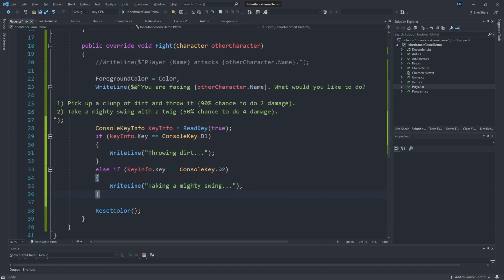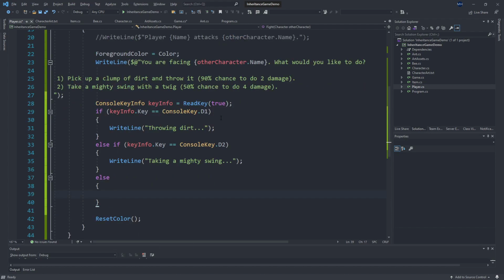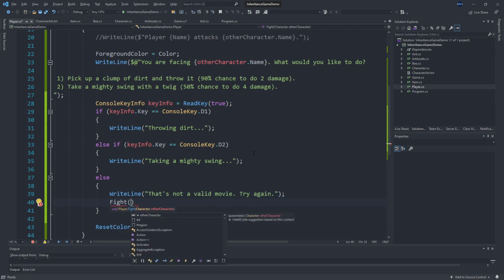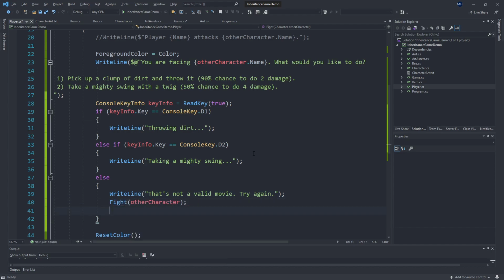Again, just placeholder. We'll add the actual random damage in here in a second. And then if they pressed any other key, then let's writeLine, that's not a valid move. Try again. And we are just going to restart using recursion, the fight method, and we'll make sure that we return,